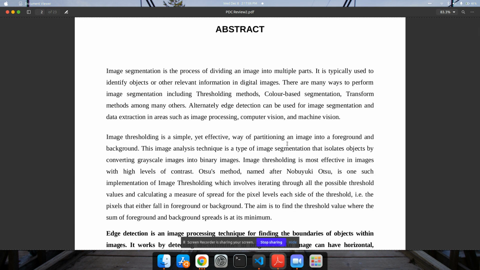The abstract of our project: image segmentation is the process of dividing an image into multiple parts. It is typically used to identify objects or other relevant information in digital images. There are many ways to perform image segmentation, including thresholding methods, color-based segmentation, transform methods, among many others. Alternatively, edge detection can be used for image segmentation and data extraction in areas such as image processing, computer vision,